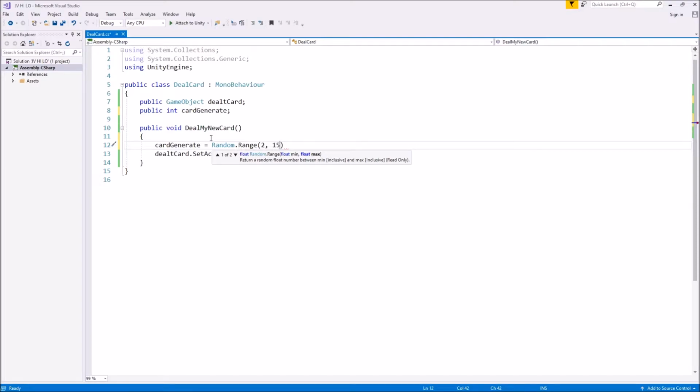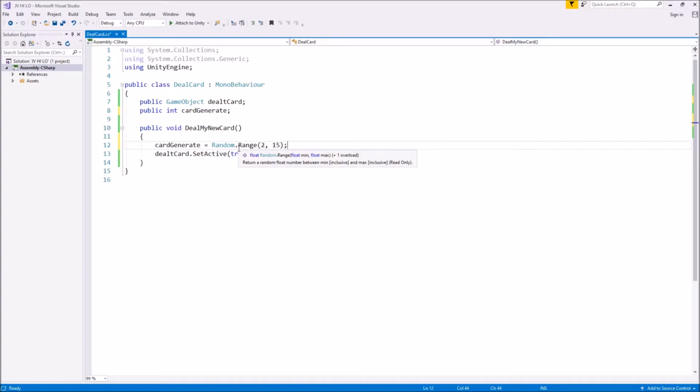Just one of those little quirks when dealing with random ranges. It will never generate the maximum number. It will always generate the one below. So in this case, if you want between 2 and 14, you've got to put 2 and 15. So 15 is the top level. That's maxed out. It can't go any more. It can't get to that. So it's always going to be between 2 and 14. So we'll always put one more than the maximum value. And semicolon. Now, what that will do is it will generate either 2, 3, 4, 5, all the way up